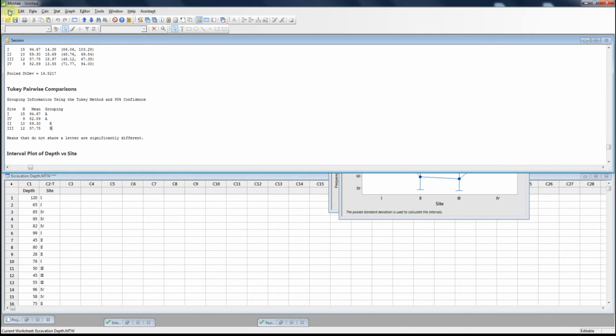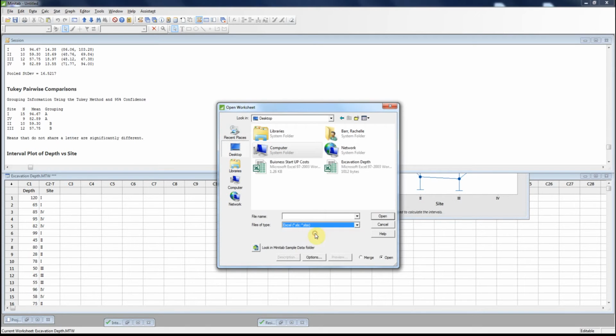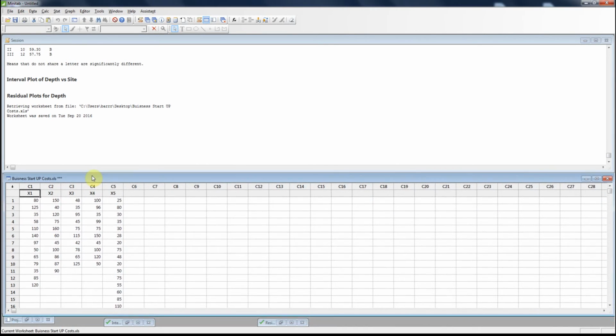I'm going to open a second worksheet of some different data. I left this one on my desktop so it would be easy to find, and it is an Excel file, and it is the business startup costs. Open. I hope this one opens nice. Oh, it didn't open with my variables nice. Anyway,